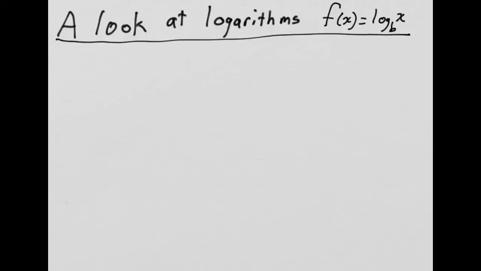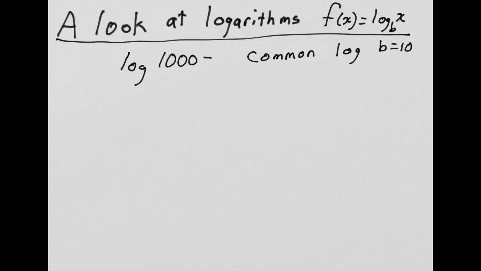Let's look at a second case. There's different types of logs. They'll have different bases. This one has base 10. We call it the common log. When there's no number there for a base, it's called common log, and in that case, b is equal to 10. So if I was going to rewrite it with my y, I would write 10 to the y power is equal to